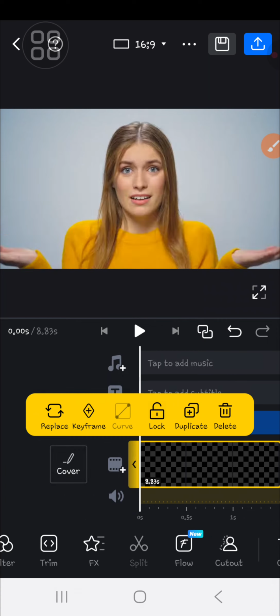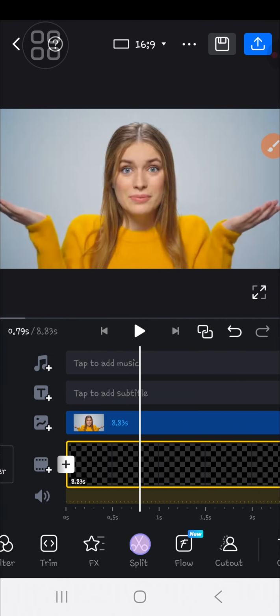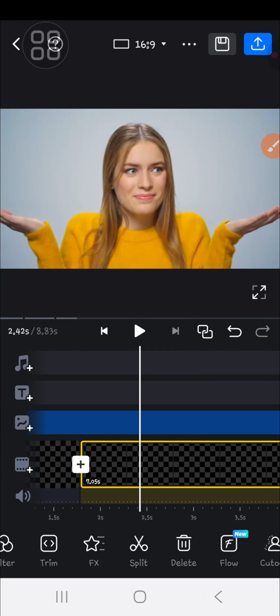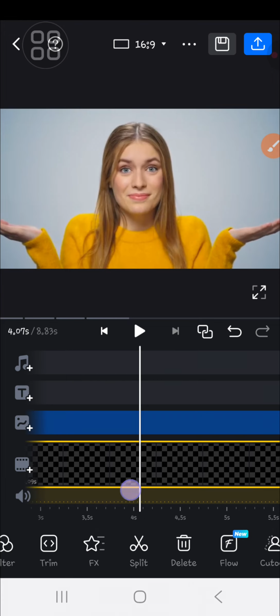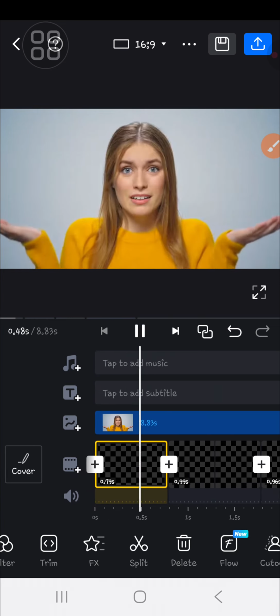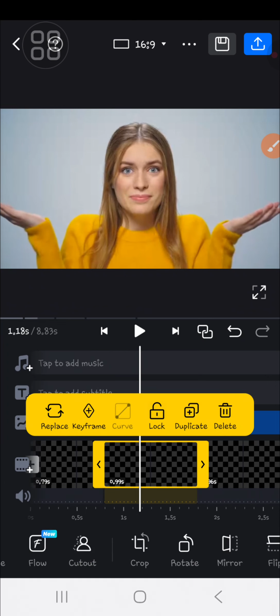Okay, and then I'm going to split the background. I'm going to split it here. Click on split. You can split it or divide the video into some parts. Okay, and for the first part, I'm going to leave the original color, and then here I'm going to apply